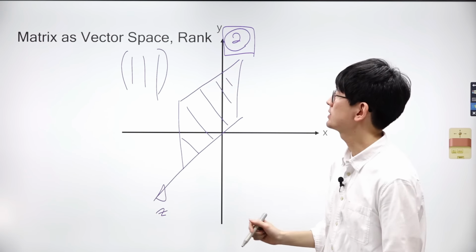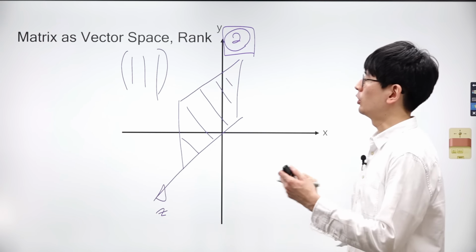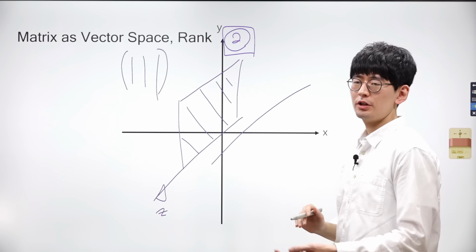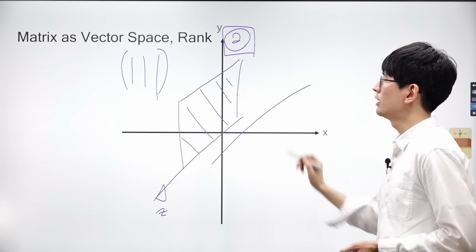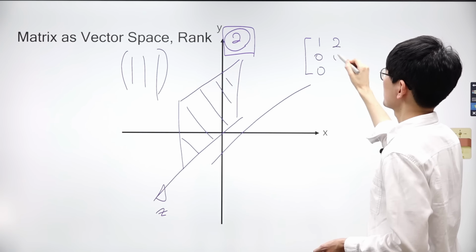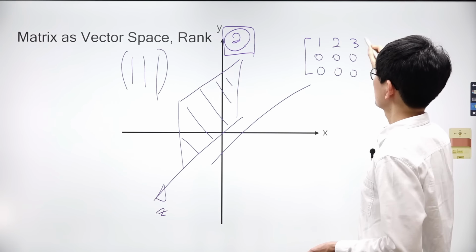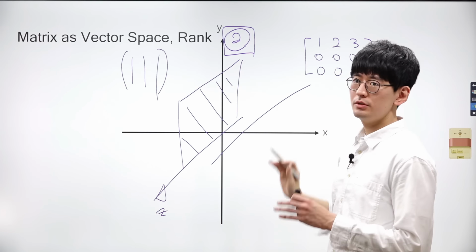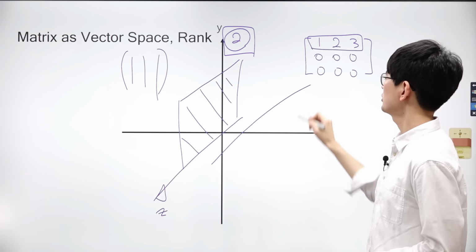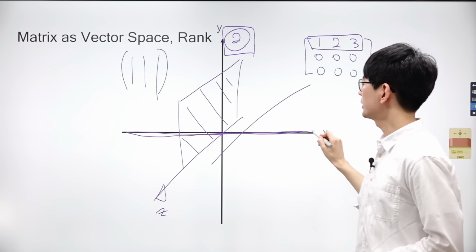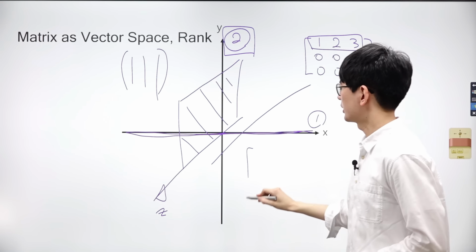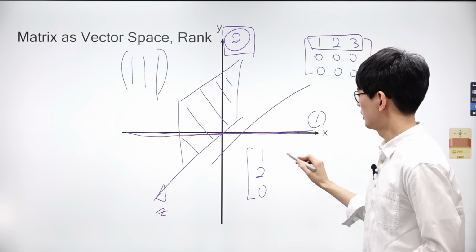The rank of the matrix in a three-dimensional space can be 1 as well if the three vectors can only span a line. Here's an example of a matrix with a rank of 1, with values 1, 0, 0, 2, 0, 0, and 3, 0, 0. No matter how you scale the values of y and z for these vectors, they cannot be adjusted. You can only adjust the x values in this scenario, and the span of these vectors will be along the x-axis. That's why the rank of the matrix is 1.